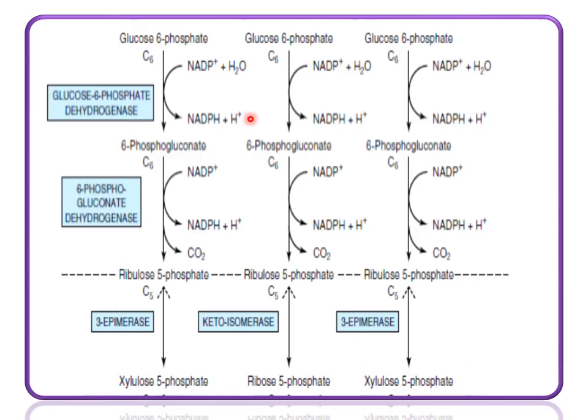We are starting from glucose 6-phosphate and the end product is also glucose 6-phosphate. But then why are we using this pathway, why is it occurring? It is due to the NADPH formation and the pentose sugar, this ribose 5-phosphate, which is utilized for DNA and RNA synthesis.